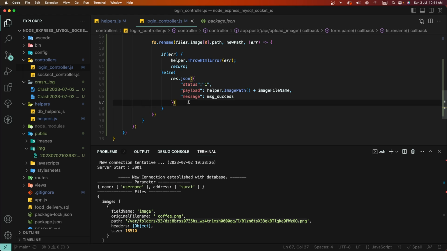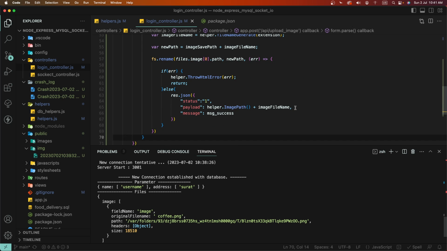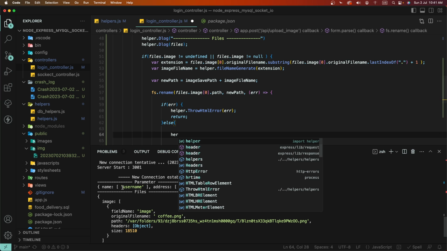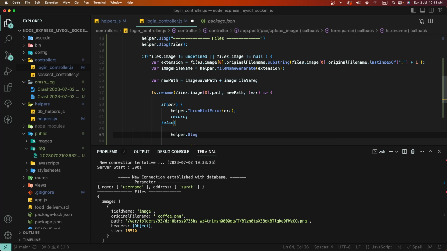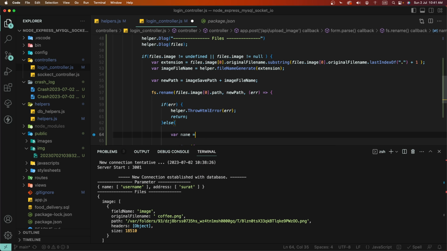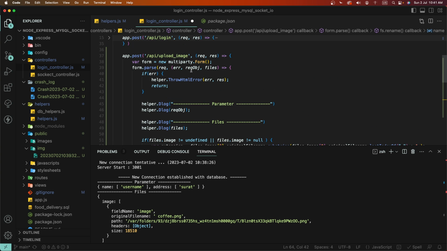This is the process of the upload image, and now we need to see how to get this data from this API. Now we need to write down here and we need to print here the helper log, and we need to get here this name to use here logs. We need to define here variables as a name is equal to write down here the request object. We need to use this request object,